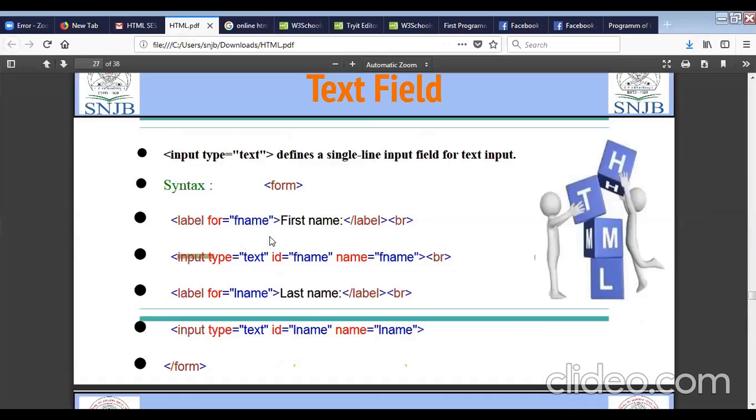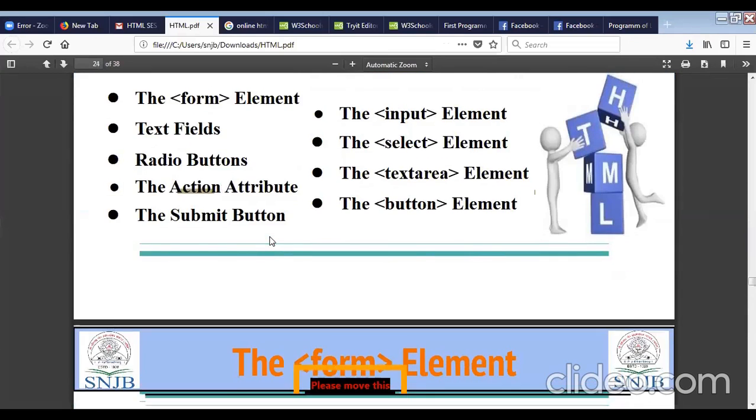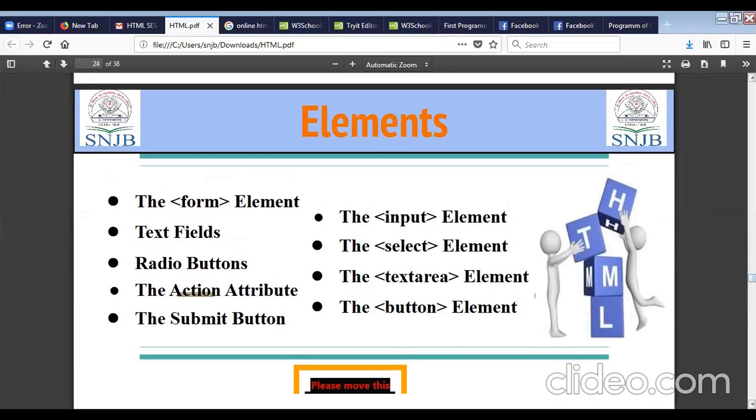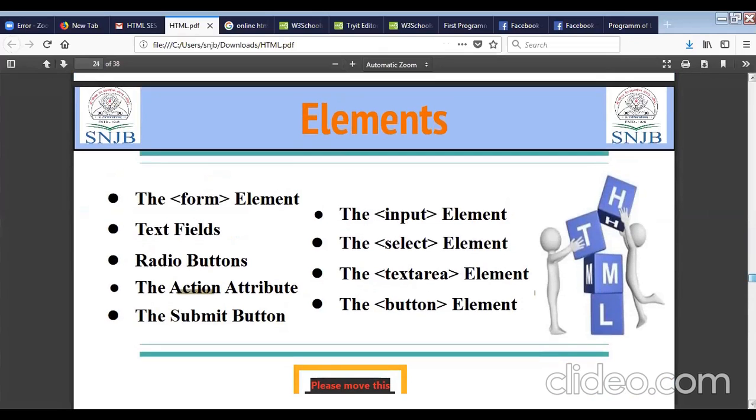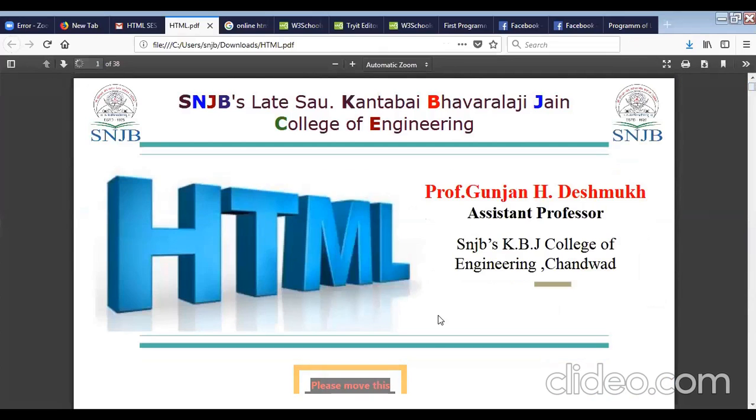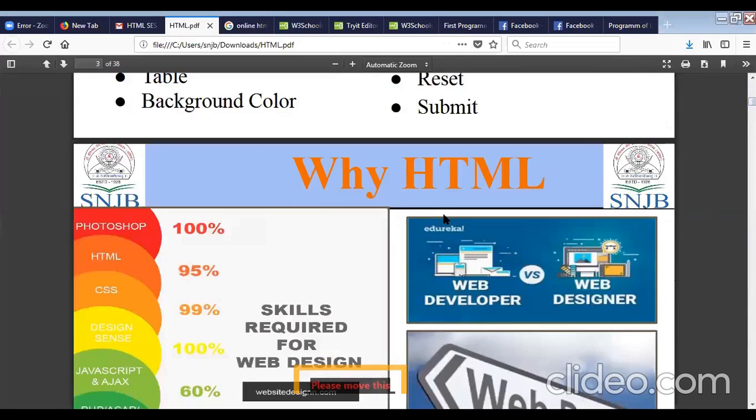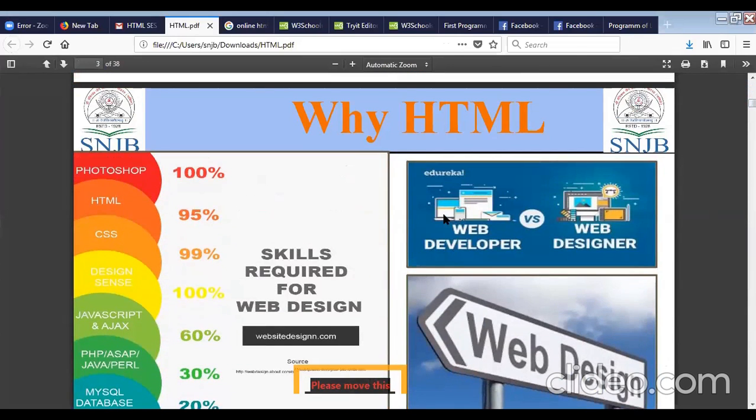Okay, in second part of web form we have learned. We will just take the revision from the first point. If you have any doubt, you can ask. Okay, we have started with why HTML is important.